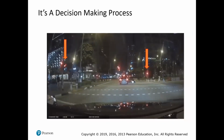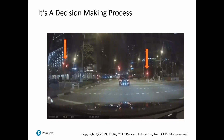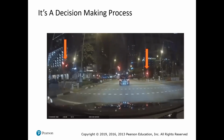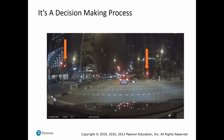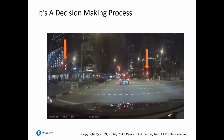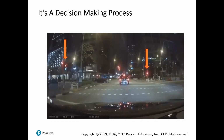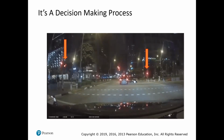Every opportunity to go through a traffic light is a decision-making process. We have to take into account all the different conditions going on there. We don't think about it. When we're driving, we usually drift off into driving land. We go on autopilot, and we've got other things that we're thinking about, and yet we're doing just fine, because one part of our brain is taking care of the driving and another part of our brain is thinking about what we're doing later in the day. Now,